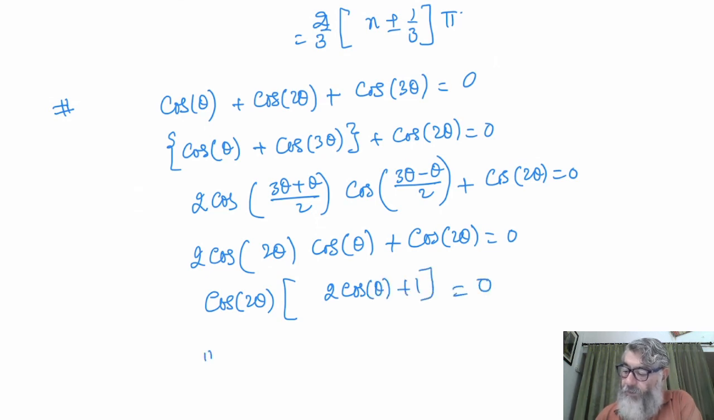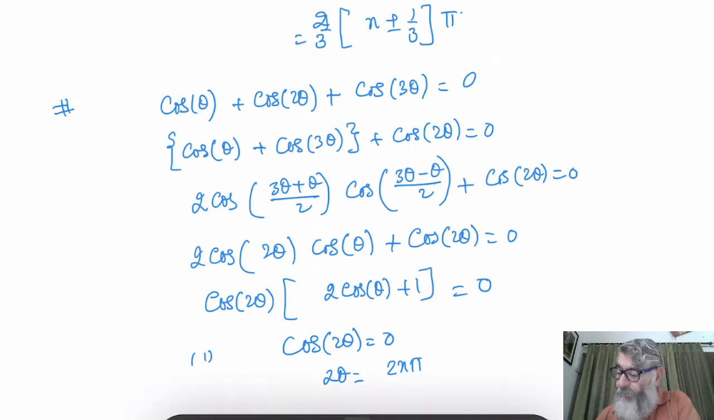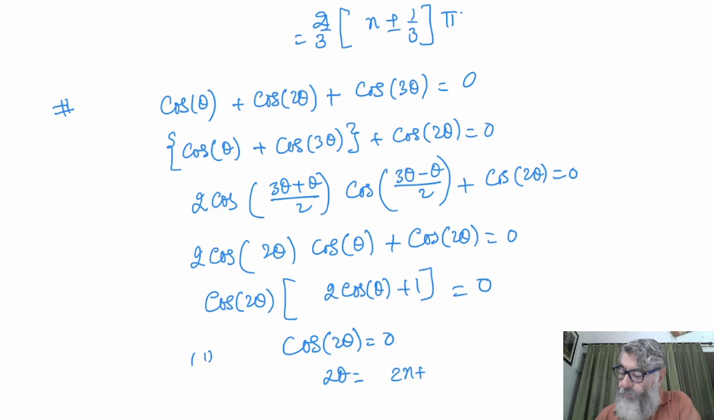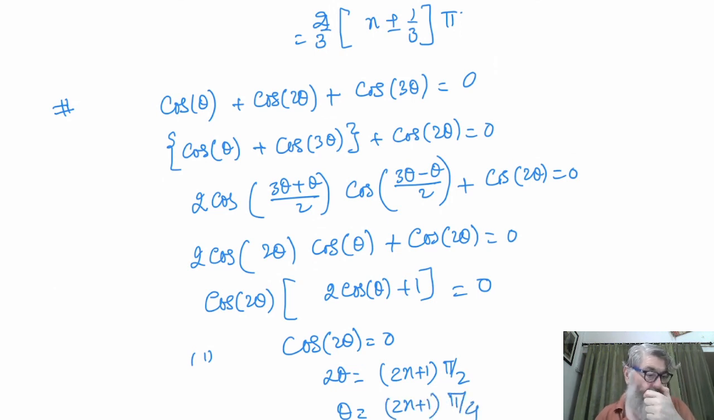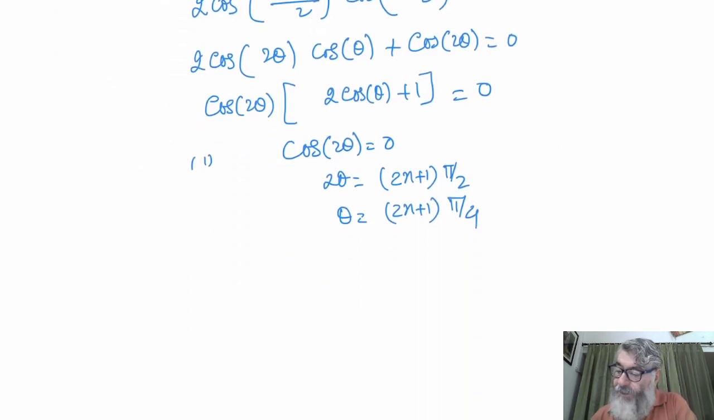Number 1, cos 2 theta is 0, means 2 theta will be 2n plus 1 pi by 2, odd multiple of pi by 2, so theta will be 2n plus 1 pi by 4. The first solution will be this, 2n plus 1 pi by 4. Second solution will be